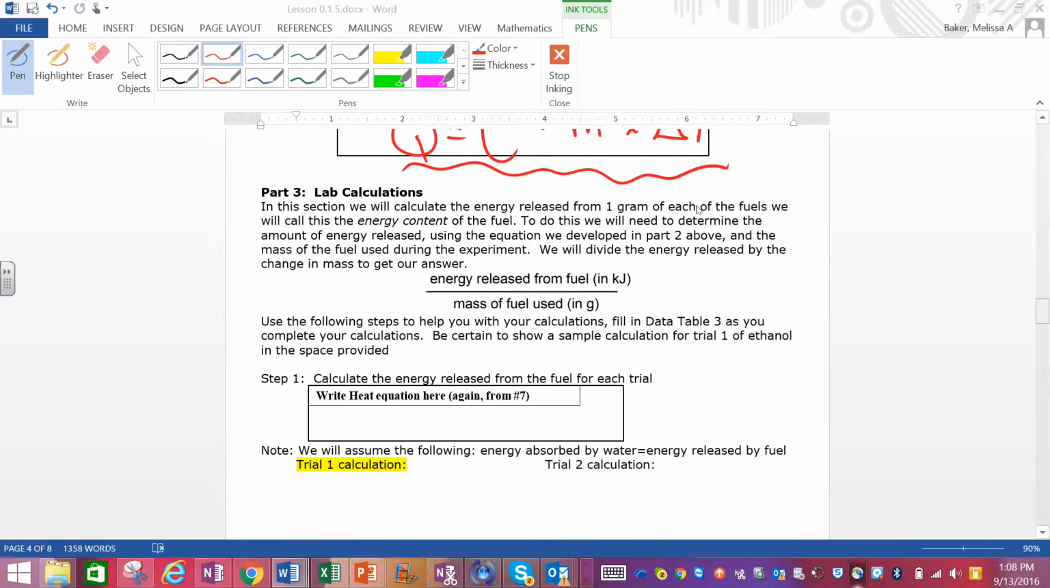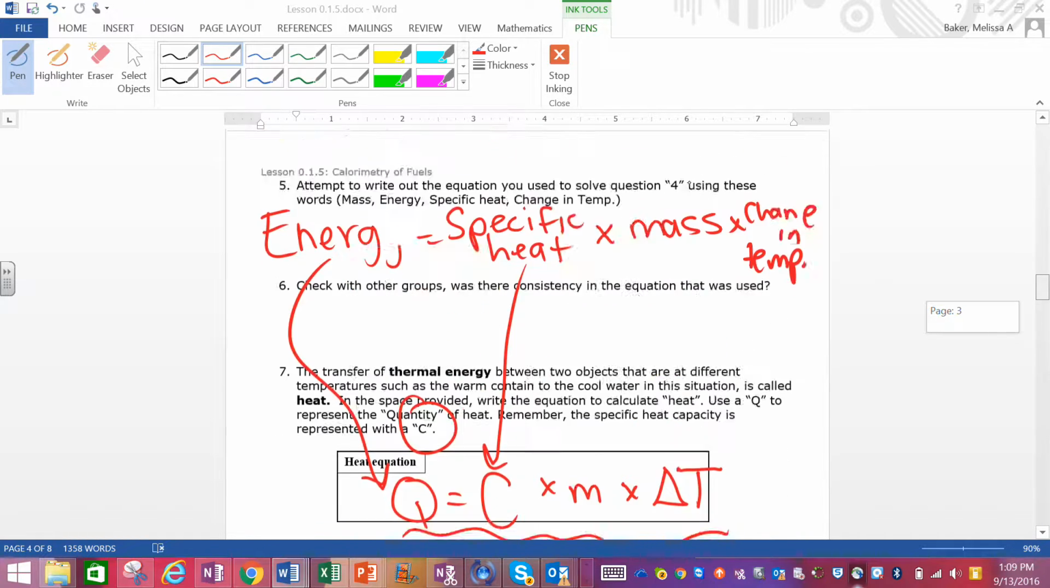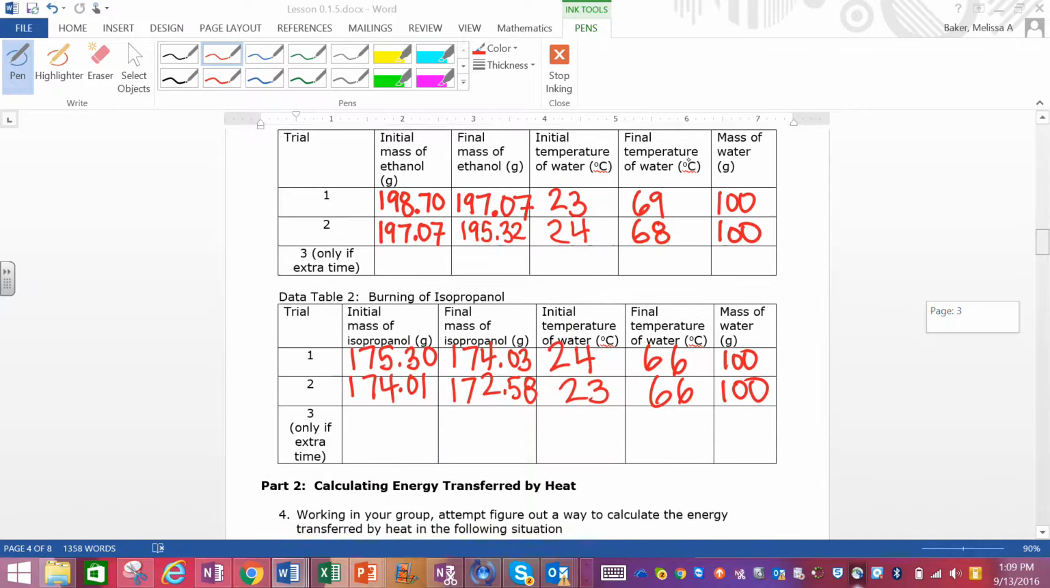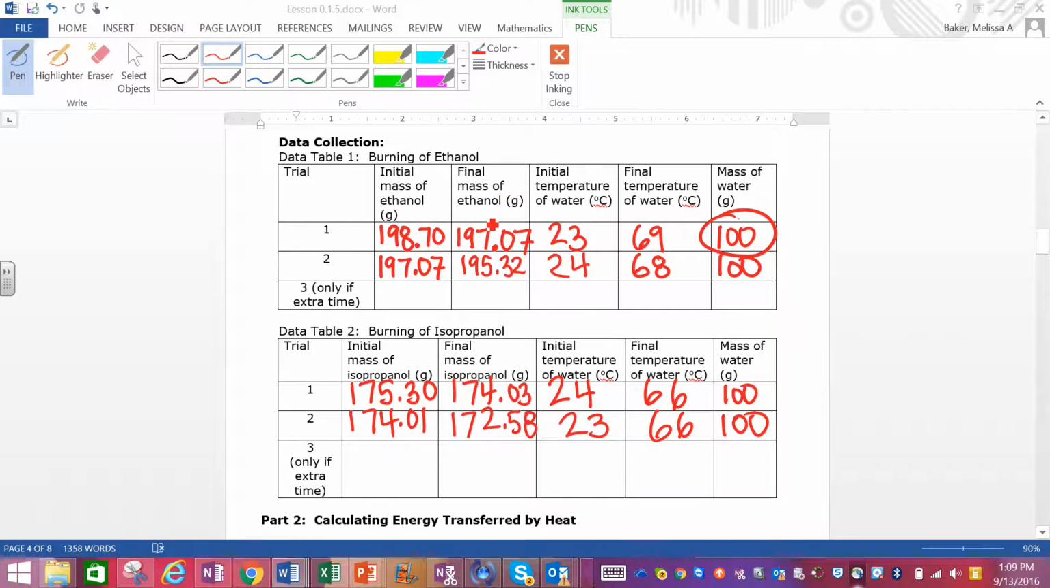Now, ultimately, our final goal is not to have how many joules our fuel released to the water. It's going to be how many kilojoules were released per gram that burned off. So we need to use this equation first, but then we need to do a little more work. So again, it's Q equals the specific heat times the mass times the change in temperature. So for trial 1, I'm going to go back and take a look at my data. So for my data, the mass was 100 for trial 1, and the temperature went up from